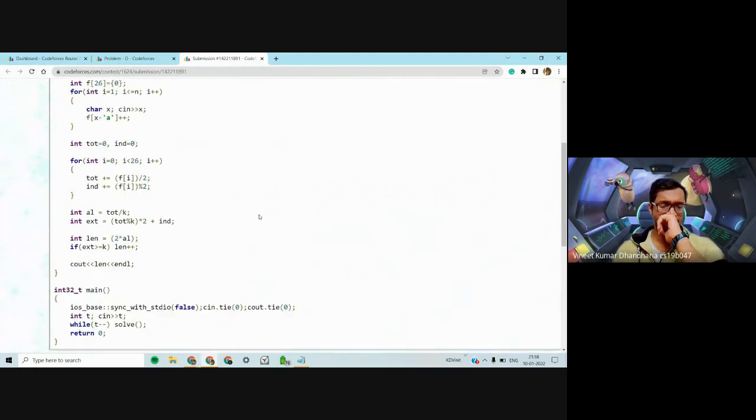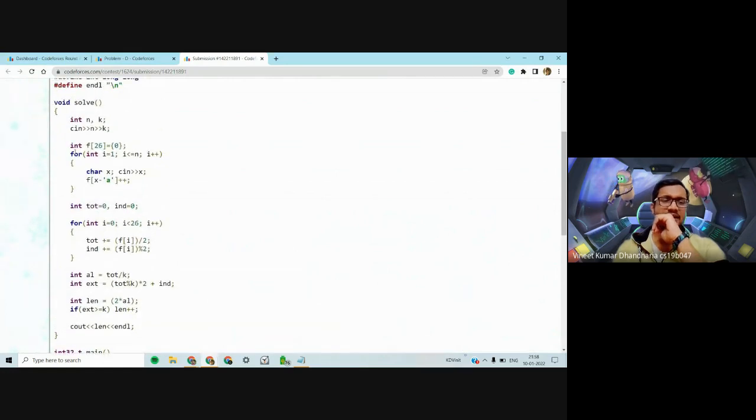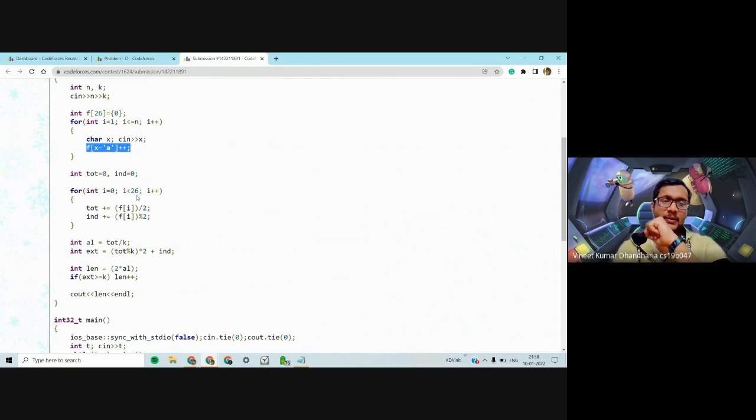So what we do is we take in the input and we calculate the frequency of each character. I've not stored the string because the order of the string does not matter. We can change the order as we want. We increment each character's frequency and find out the frequency of each character.